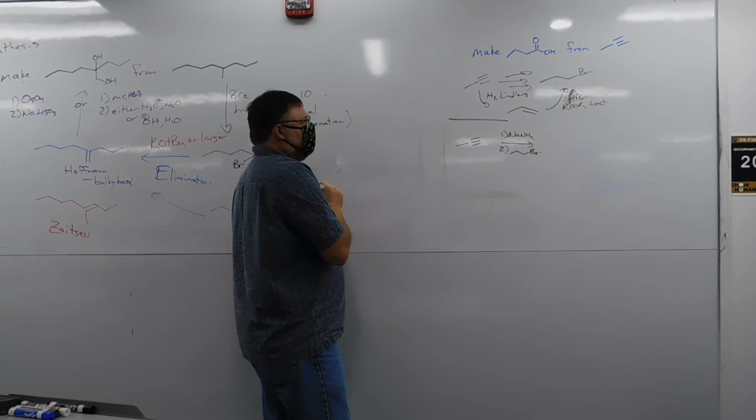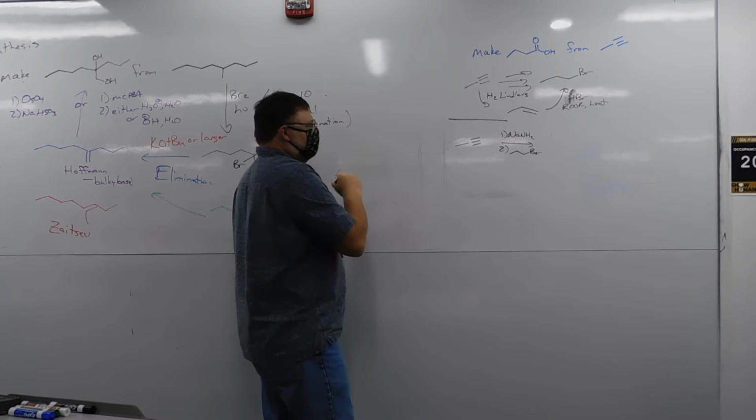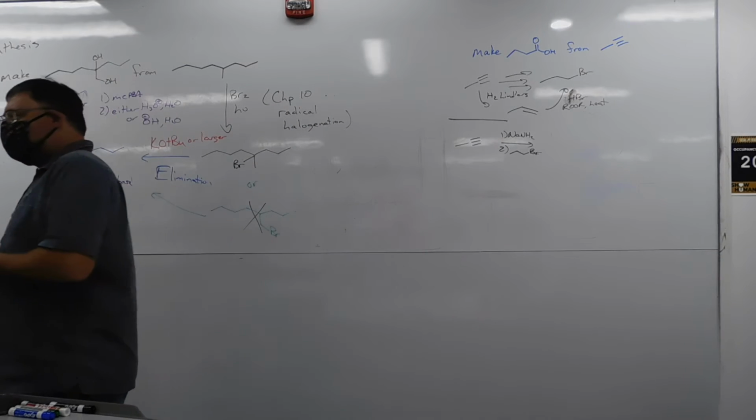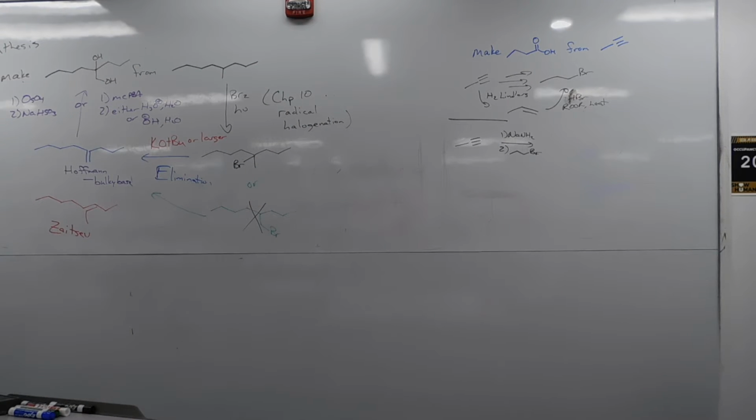Then do an alkylation with that bromide. So what's the product of that? Stop just giving you everything. Your synthesis isn't going to work out, but